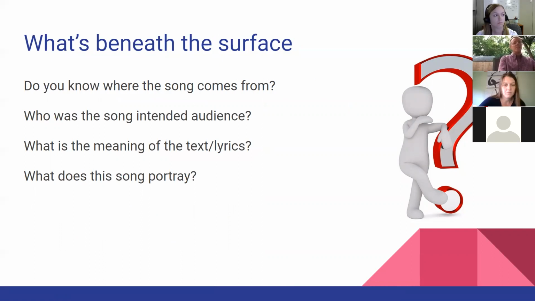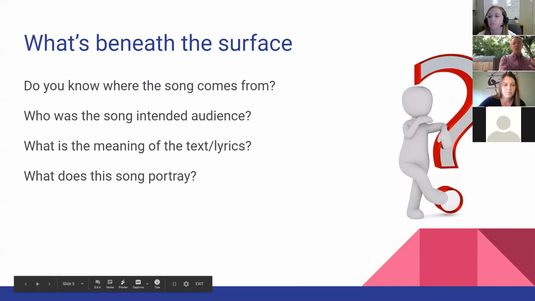So beneath the surface, what are we teaching in our classrooms that helps us be culturally sensitive? Do we know what song we're teaching, where it comes from? Who was the intended audience? What is the meaning of the text and the lyrics, and what is the song portraying? With my older students, we do a lot of popular music and we talk about what is the meaning of the lyrics.